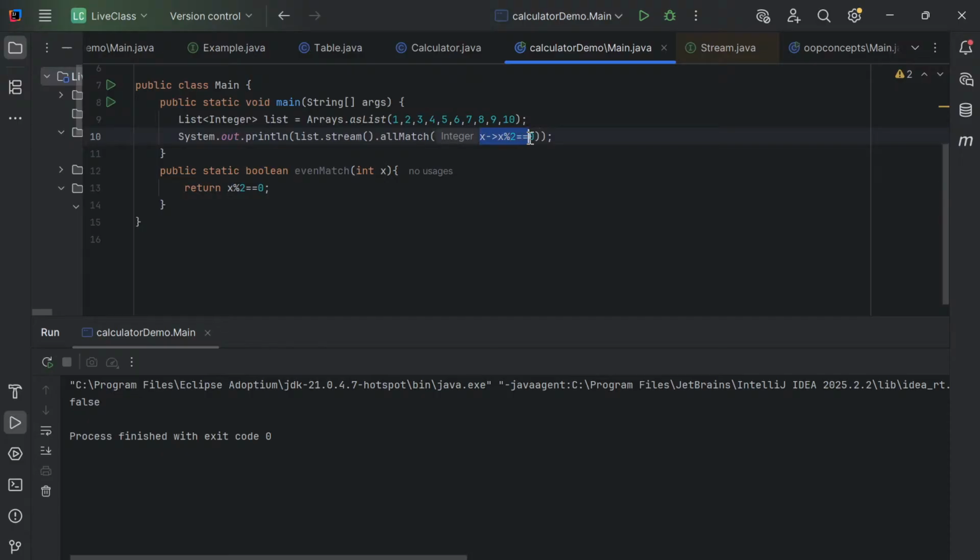It is also returning me a boolean, that is why I have refactored it into a method which is returning a boolean. So what will I do for that? Main colon colon evenMatch. This is something we can say as a method reference. If that method already exists, we are going to call it using a method reference. This colon colon is the method reference symbol. Okay,